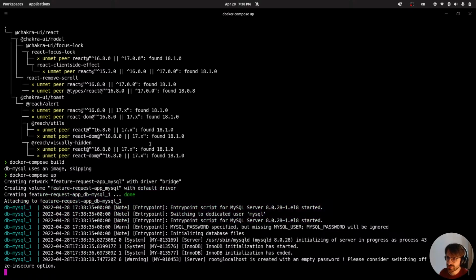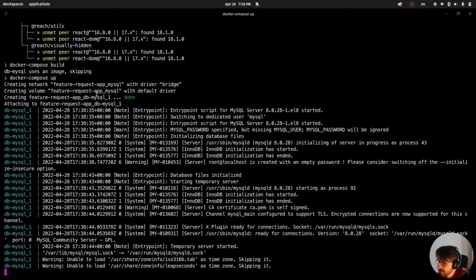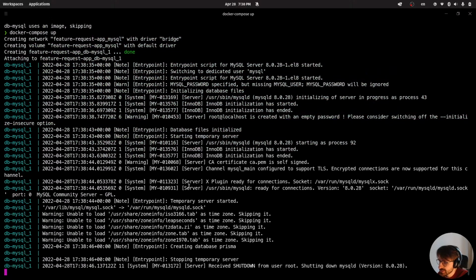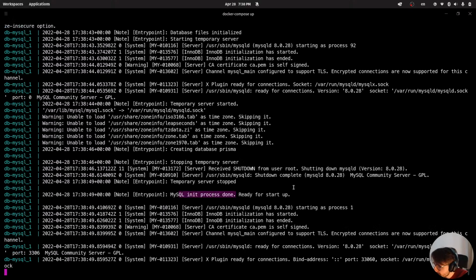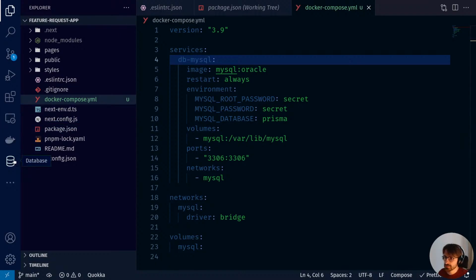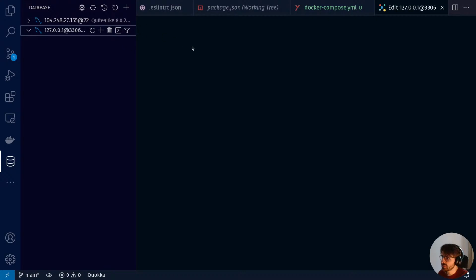I don't like to detach it. Okay, it seems that we have MySQL here. So init process done, ready for startup. Great. So this means that if I come here and try to connect in my database, I think I already have the localhost